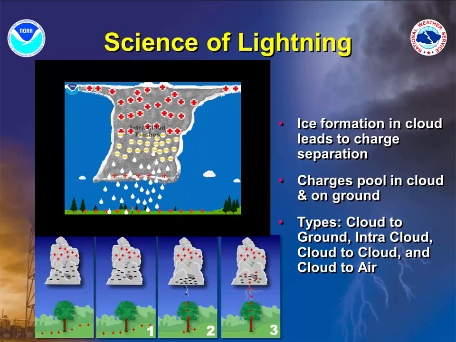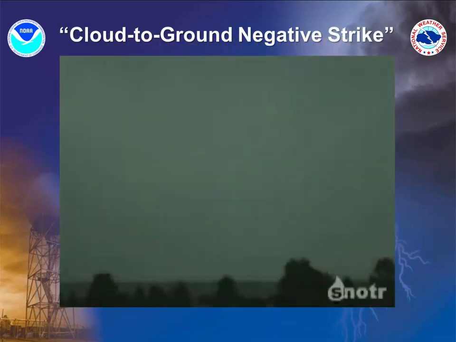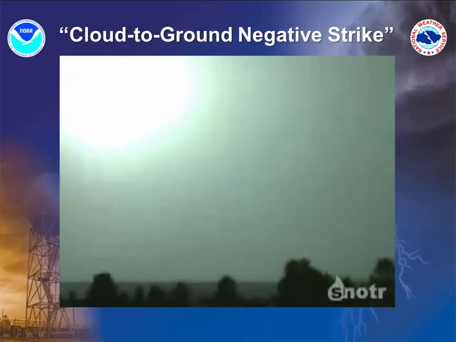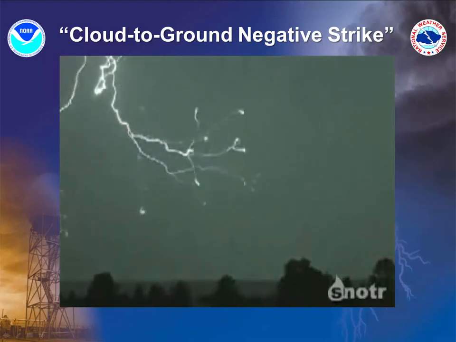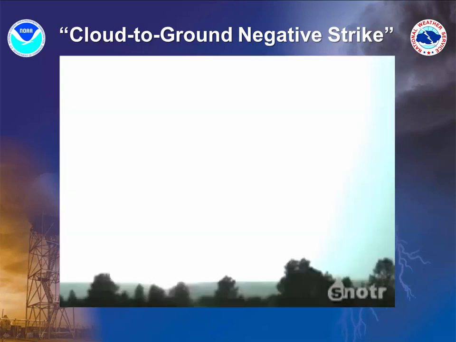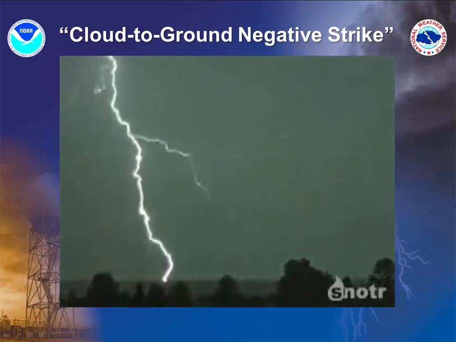At the bottom of the slide, you'll see a sequence of events there. The lower region of the cloud, where the negative charge is pooling, will, a step at a time, reach toward the surface of the earth. Meanwhile, the positive charge is reaching up, usually through taller objects, and once the connection is made, well, let's let this video tell the story. You have the negative charge, one step at a time, reaching towards the ground. This is slowed down considerably, obviously. And then once the connection with the positive charge is made, you have the return stroke. We call it a cloud-to-ground strike because that's where the strike originated, but it's the return stroke from the ground